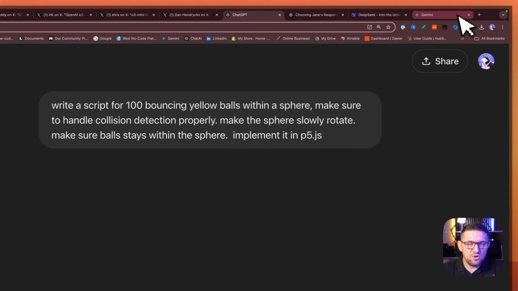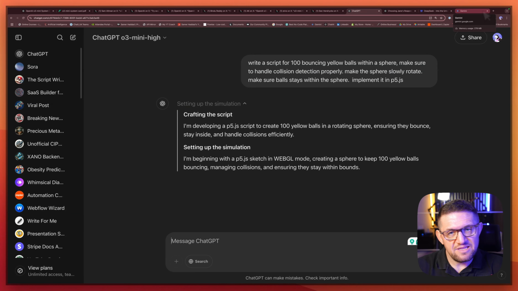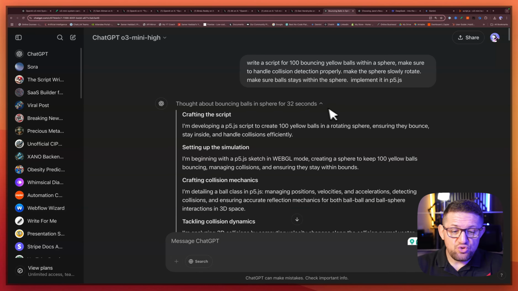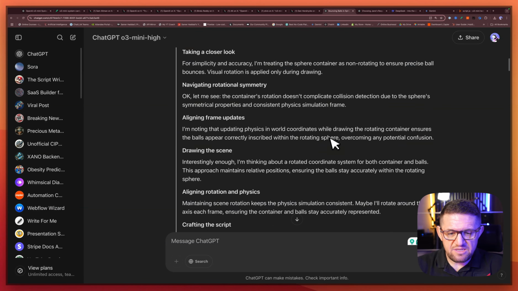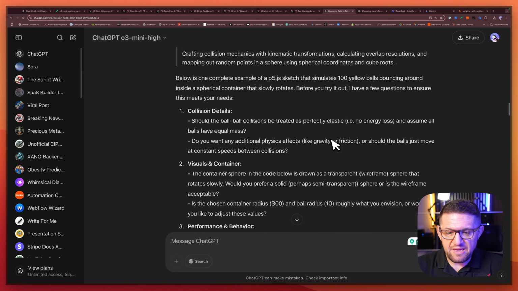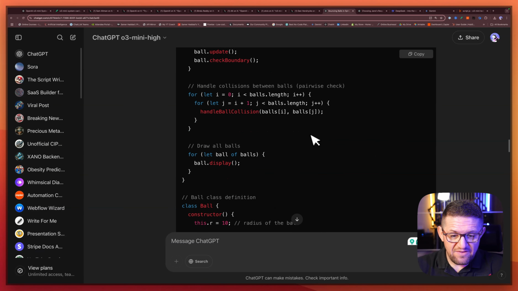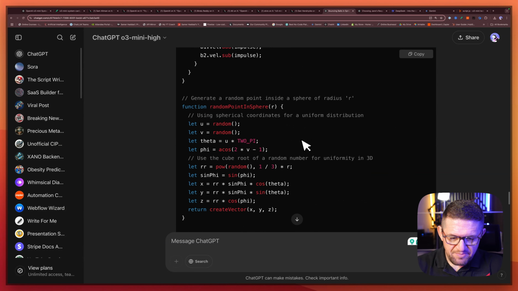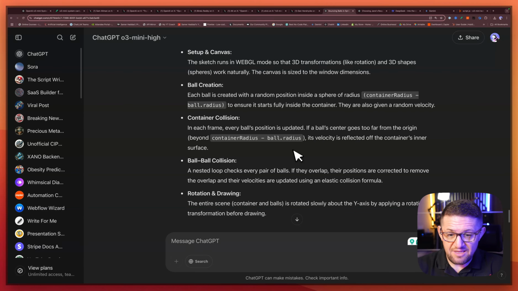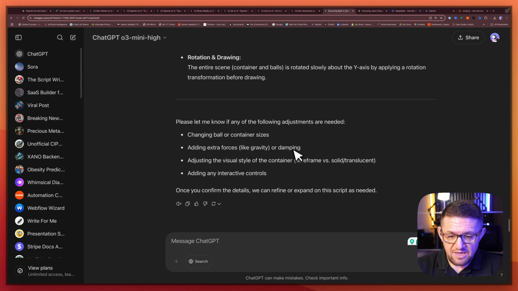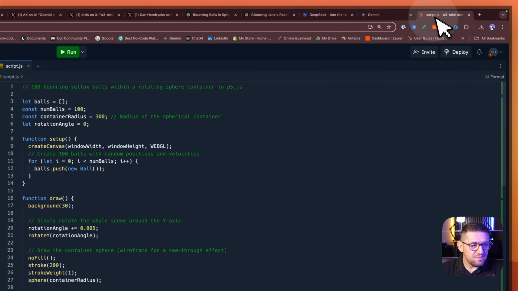In the meantime, I'm going to go and set up the REPL in Replit. So it took 32 seconds to think about this request. It has all the thought breakdown of the code that it needs to create, and then it gave me the code here. I created a REPL again in Replit for this. And then it explains how this code works. And okay, so let's just go test it.